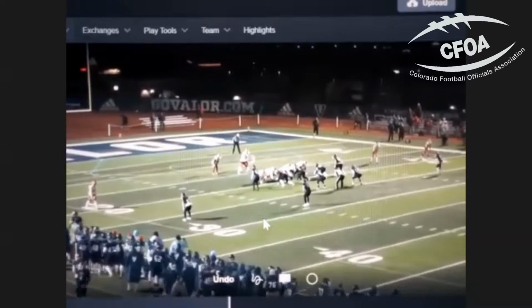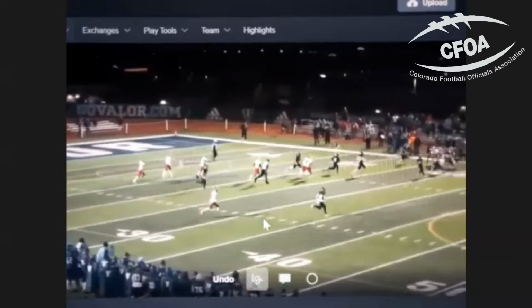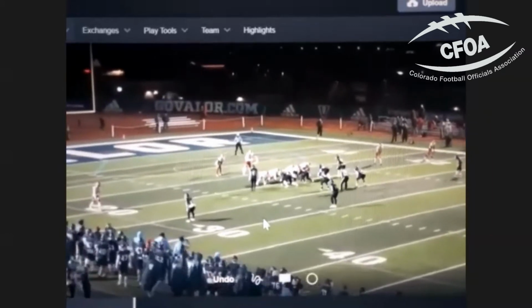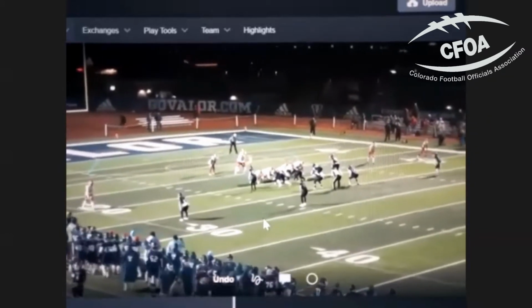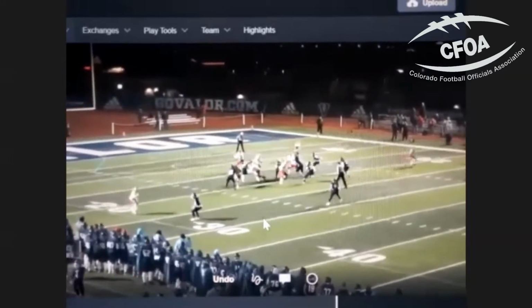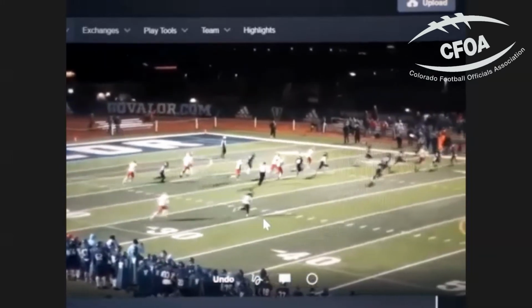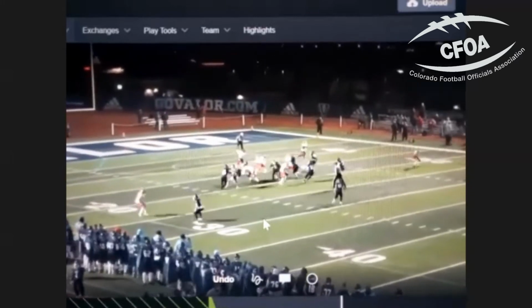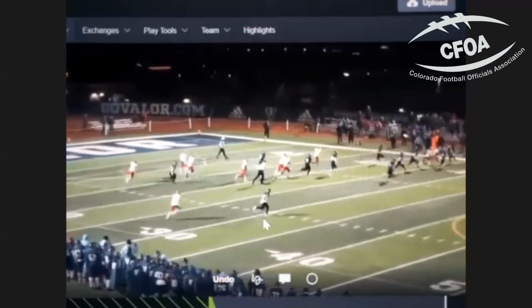So this is another RPO, and this RPO is all predicated on the motion of the back here and what the defense does. Right now, our linemen are going to be zone blocking to the right.